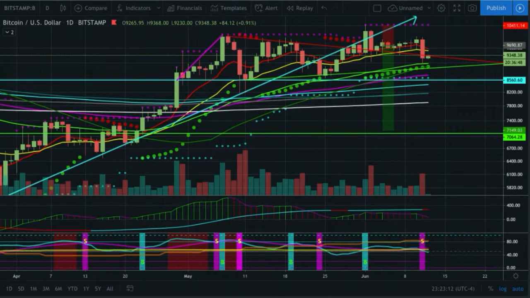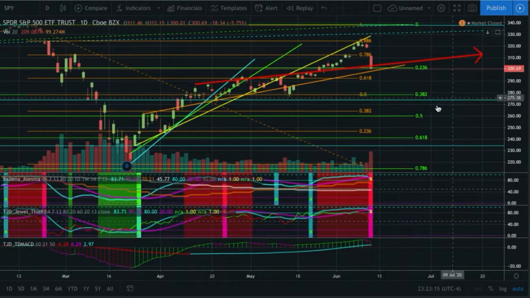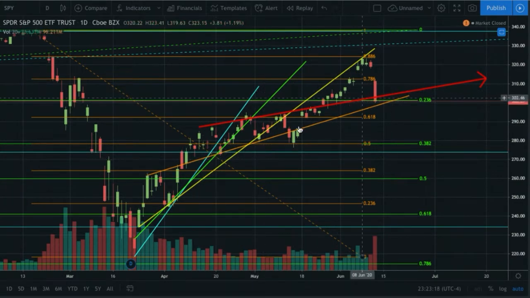Let's flip over real quick and take a look at SPY. This is the same chart that I've been showing. And once again, exactly like I said with the parabolic trend line, you can go back and look at my old video. We came back up here and tested the yellow parabolic trend line, came all the way back up to it, exactly into line with the 886, and then I called the top, and we got the massive dump straight back down to the 236,